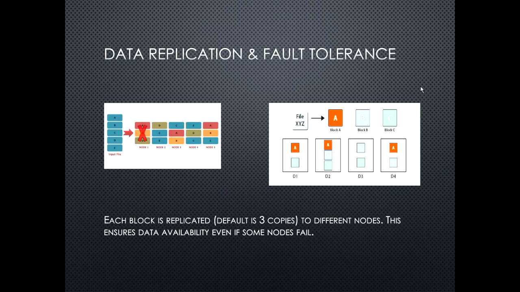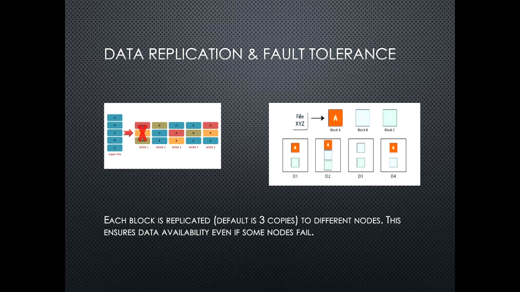So that is how the data is stored. And we have the main advantage of HDFS, which is replication of data and fault tolerance. As you see in the picture, the input file is divided into 5 blocks here in the first diagram, A, B, C, D and E, and then the first node contains A, C and D blocks. If you see for A, the replica is stored in node 3, which is highlighted in the same color, and then node